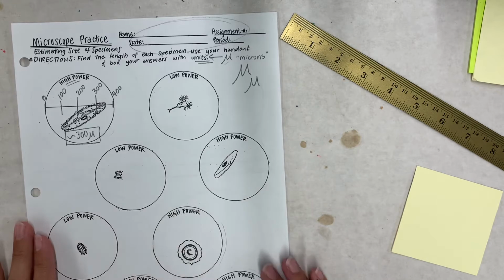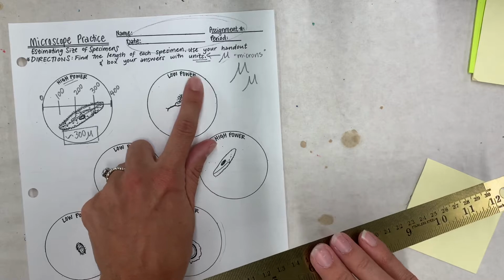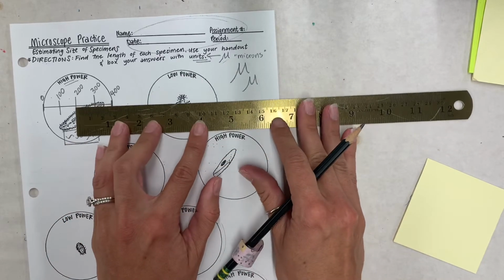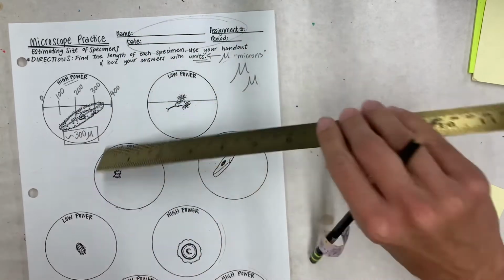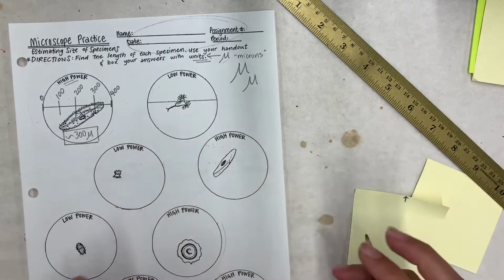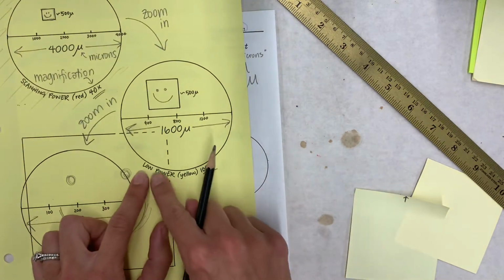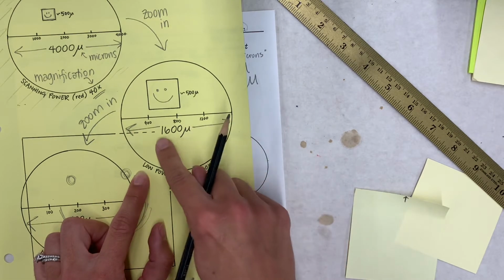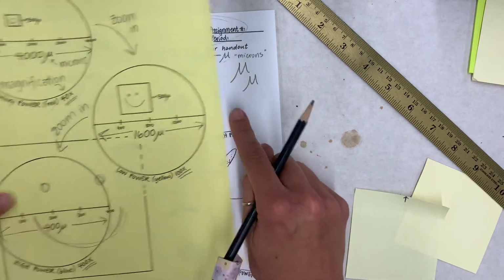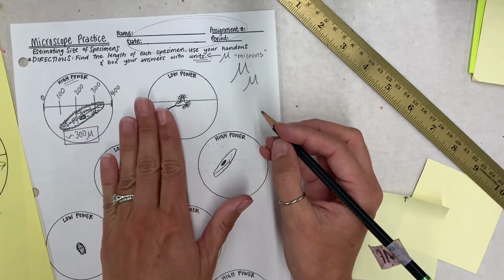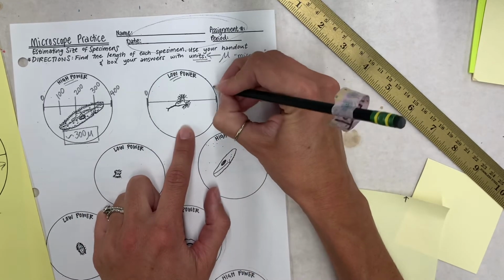So we're going to do this for our other specimens. Let's do one more example here. This specimen is shown on low power. So the first thing we need to do is use a ruler, make sure your lines are straight. And we need to annotate this with numbers. On low power, this is a different magnification. Your yellow handout says that the distance across here is 1,600 microns. So we need to copy these numbers down when we're estimating the length of this, because this is viewed under a different magnification. So one end is 0, one end is 1,600,